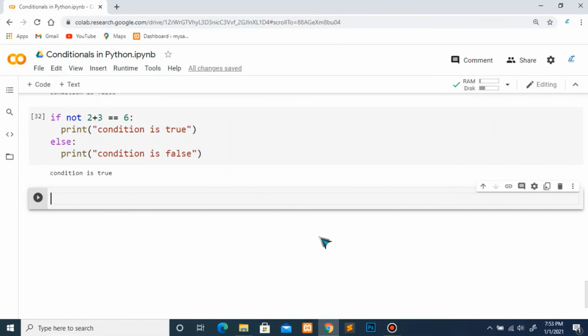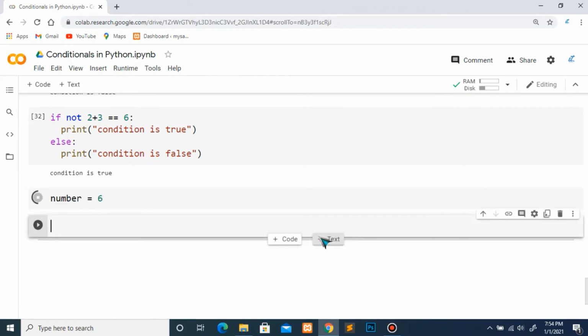One last thing here is, if you have multiple choices, like you have a number and you want to check if this number is positive, negative, or zero, now you cannot use only if and else. You can use if and else only if you have two conditions. Now you have multiple choices, so you will use if, elif, and then else. Let's say I am creating a variable number and I am giving it a value of 6.